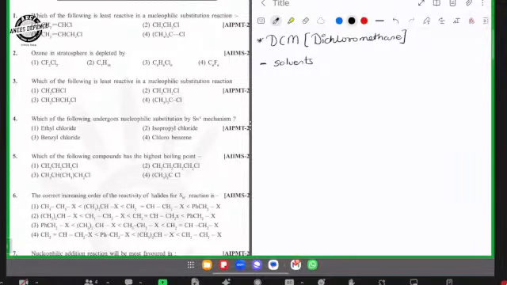So for dichloromethane, you have to keep the structure in mind. Methane means one carbon, dichloro means there are two chlorine groups. So dichloromethane is CH2Cl2. Next is trichloromethane,